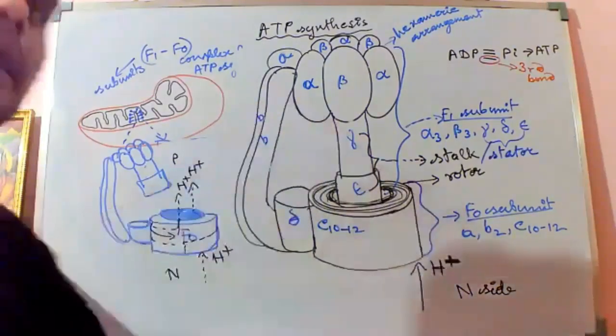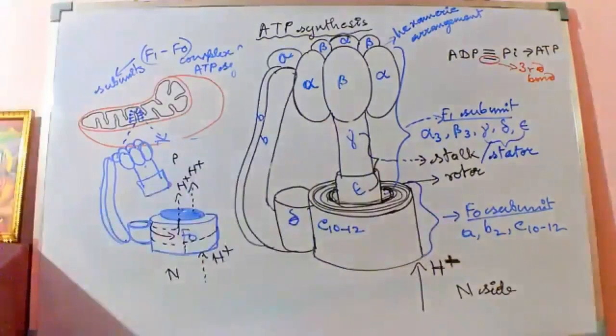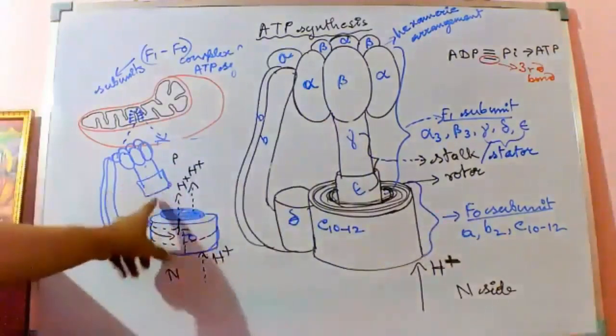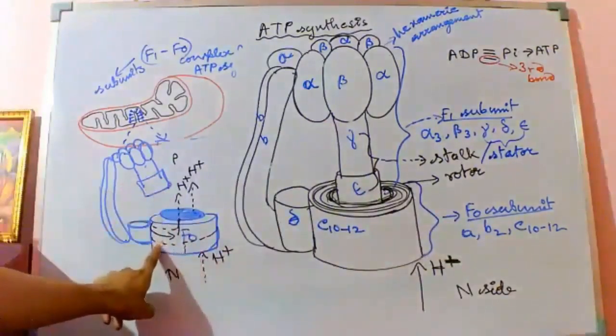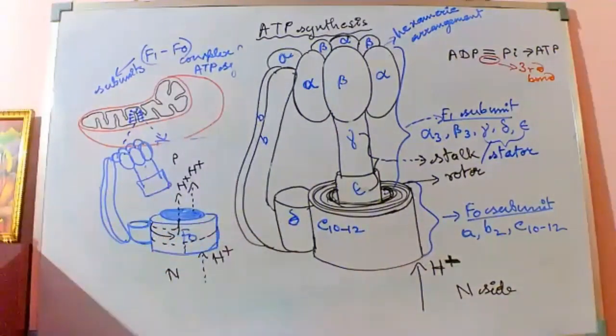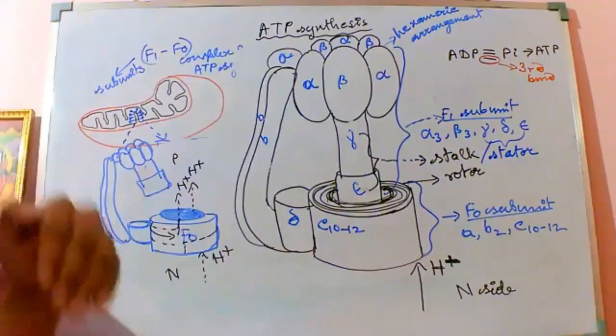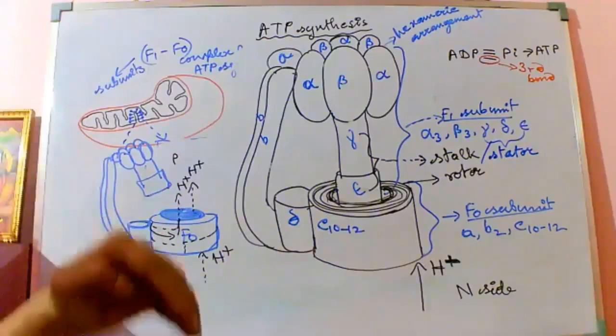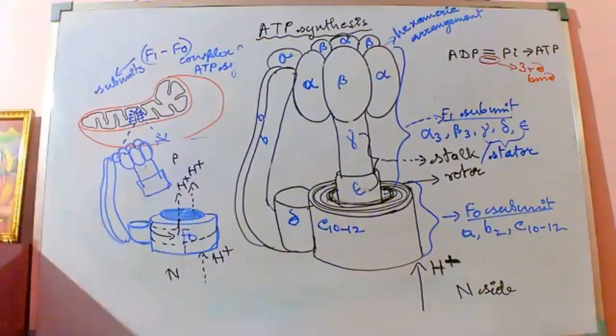It's not that the protons are always being pumped when the F1 subunit is detached from the F0 subunit. It is not always like that. Why? Because if it were always like that, then an innumerable number of protons would be pumped out of the mitochondrial matrix, and that would be a runaway process, like I said. So the F1 subunit needs to be plugged in instantly into the F0 complex.